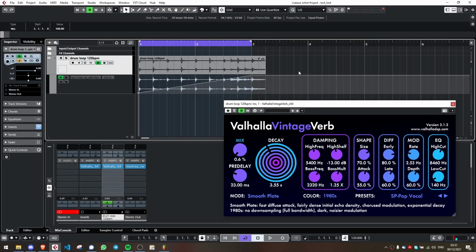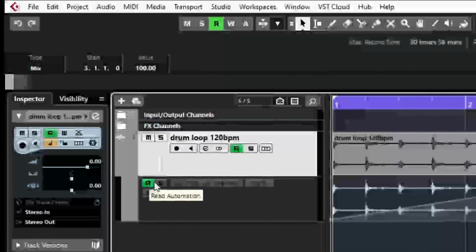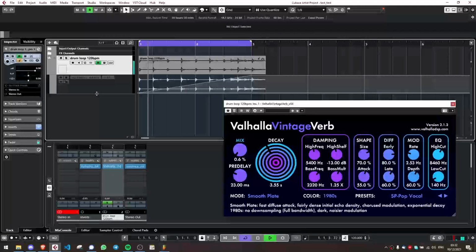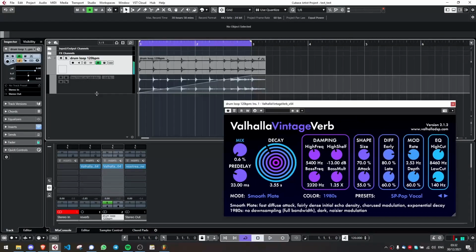Now you can notice this little thing which is not in FL Studio, which is the R thing. So in Cubase you have the read automation and the write automation thing. So the R thing is basically the button that is used to turn on and off your automation. So if I just turn it off, nothing is happening because I turn it off. But if I turn it on again,